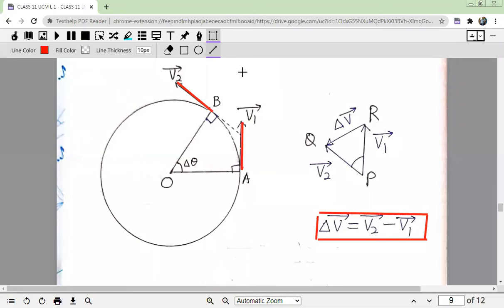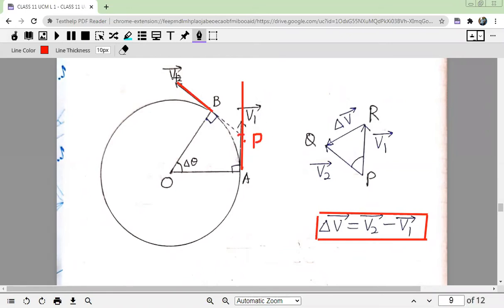First of all, you see what is the angle between both the vectors. What is the angle between these two vectors? You can see here, I have produced the arrow of v1. You can name this point as some point, you can take P. This point I have named as P.